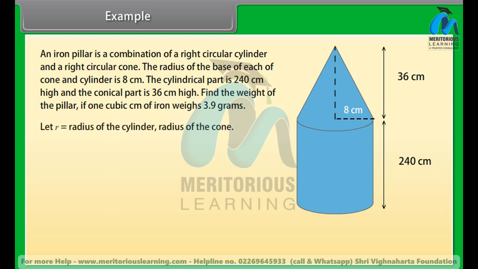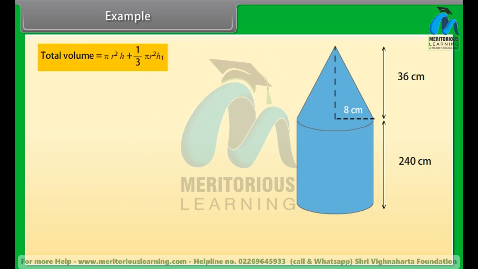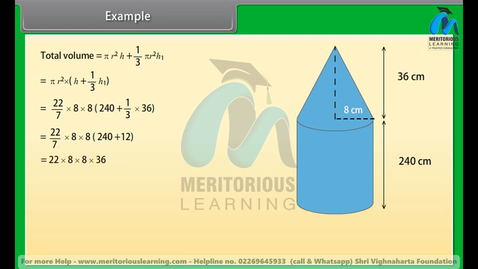Solution. Let R is equal to radius of the cylinder, radius of the cone. H is equal to height of the cylinder. H1 is equal to height of the cone. We know that the total volume of the pillar is equal to the volume of cylinder plus volume of the cone. Therefore, total volume is equal to pi r square h plus 1 by 3 pi r square h1. This is equal to pi r square into h plus 1 by 3 h1. Solving this, we get total volume is equal to